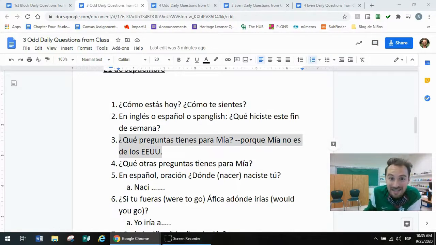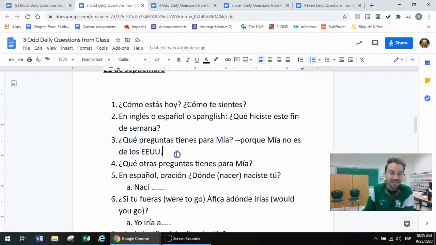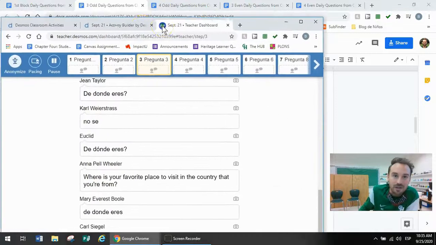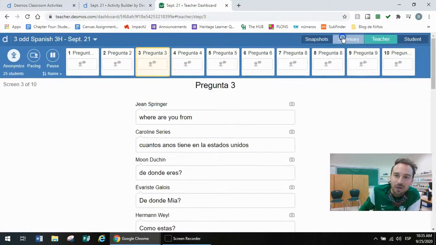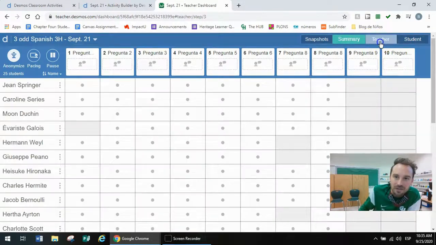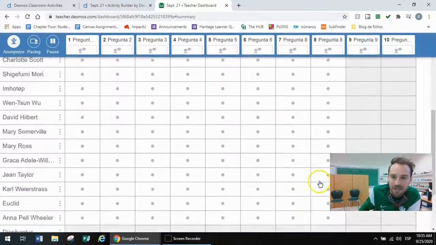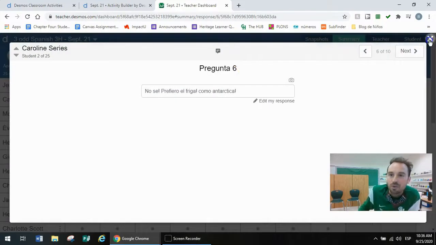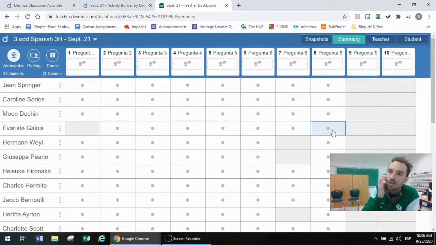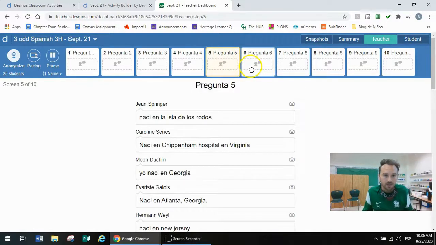It's amazing, Desmos is, right? Another really unique aspect about Desmos, I'll go ahead and drag this over here, is that I jump back and forth between the summary screen and the teacher screen, right? So I can see if all of my class is paying attention and has moved to the new question. But another application that's really important is that you can do a lot of pop-up grammar because later on in class here,